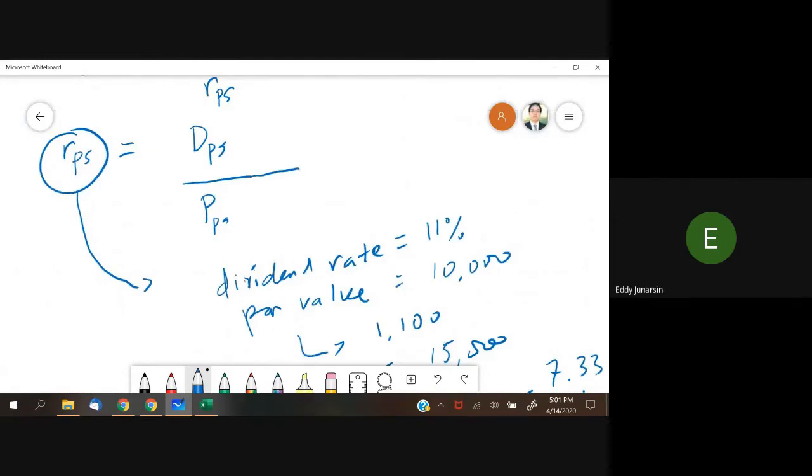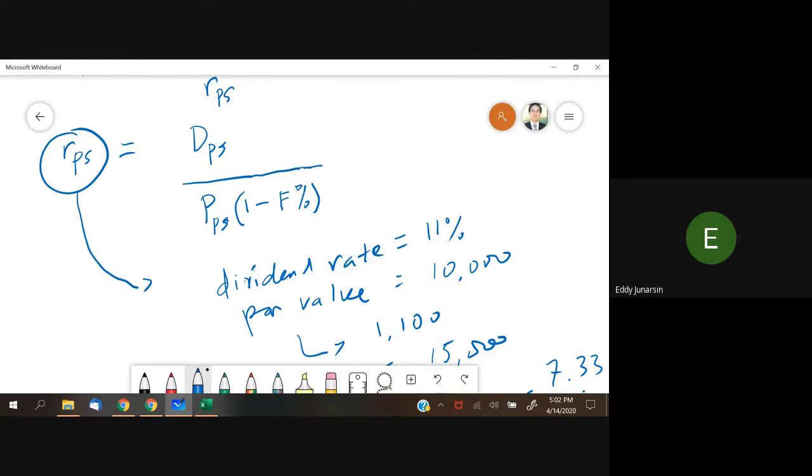Also, there's a possibility that you want to take into account the fact that if you issue a new series of preferred stock, you will not receive the full amount of money expected from the issuance because you have to pay for your underwriter, right? Underwriter fee. So if you want to take into account that fact, then you have to multiply the price by 1 minus the fee. You can call it flotation cost, underwriting cost, or anything, right? So flotation cost in percentage point.